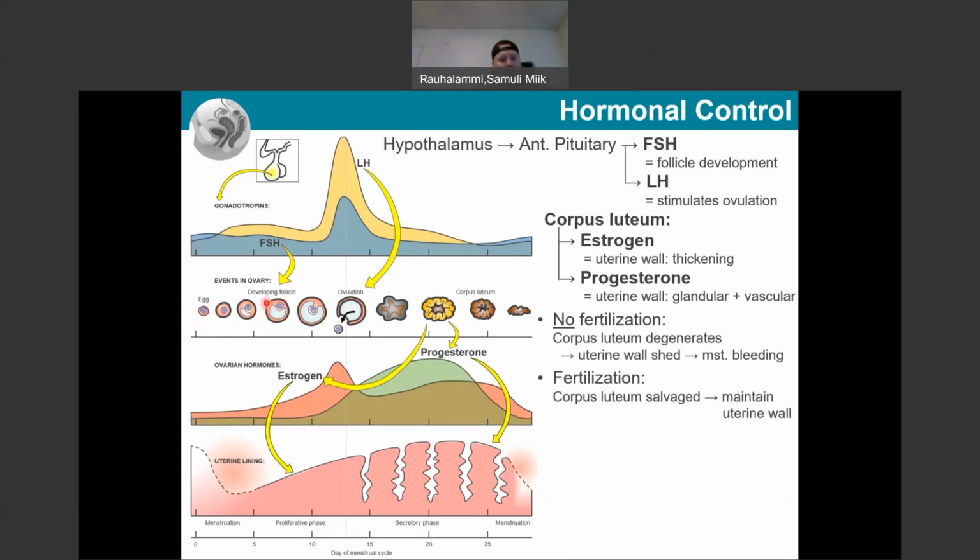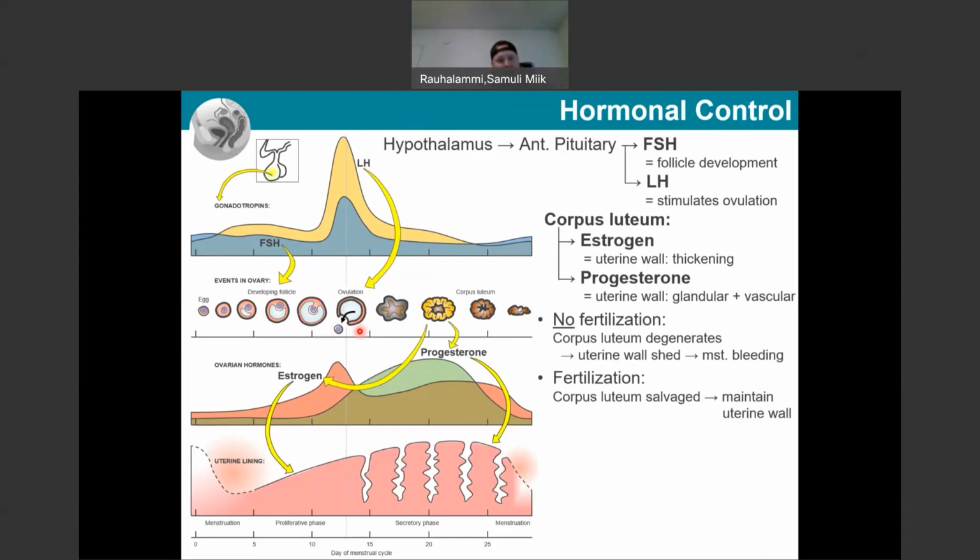And there were multiple follicles developing initially, but only one of them matures fully per each cycle. About 24 hours before, there's going to be a surge in luteinizing hormone, and then ovulation happens. So the egg cell is shed outside from the ovary as the follicle fuses with the wall of the ovary. There can be distinctive pain either on right or left side depending on which ovary is in that cycle releasing